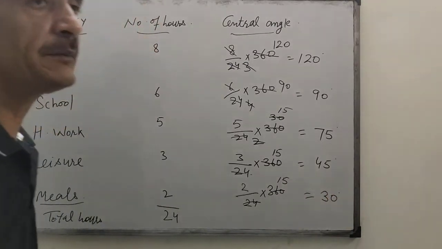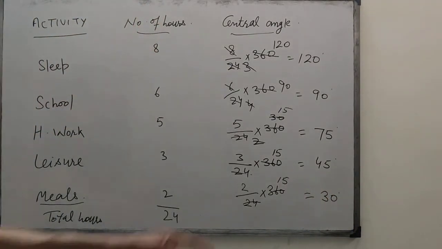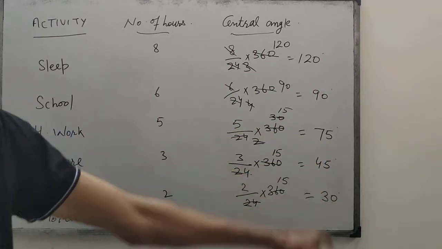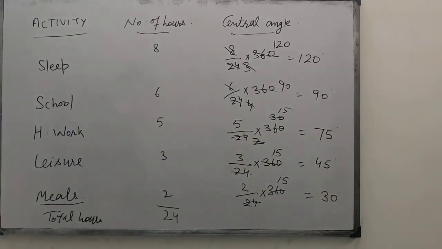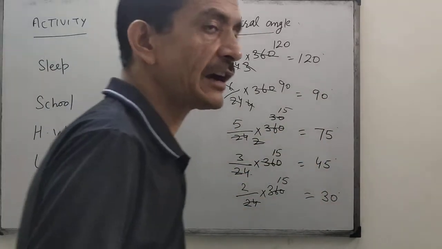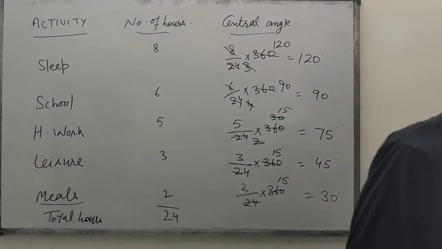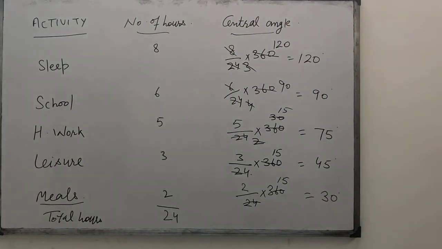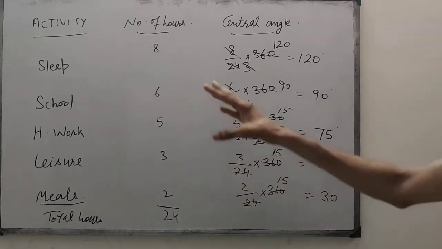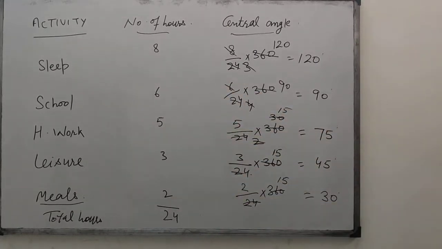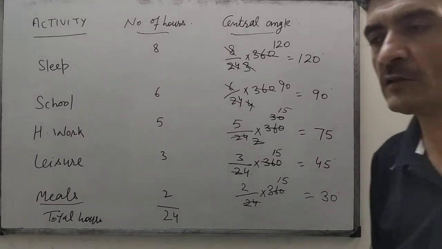So our aim is what? First we should find all the central angles. In a circle graph we represent the given data through a circle. How much area is occupied by each activity gives us the information about that data. Now I will tell you how we can draw a circular graph. Look.